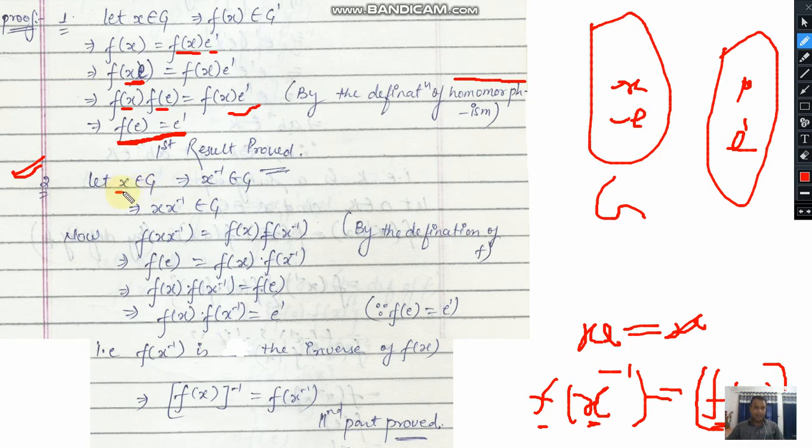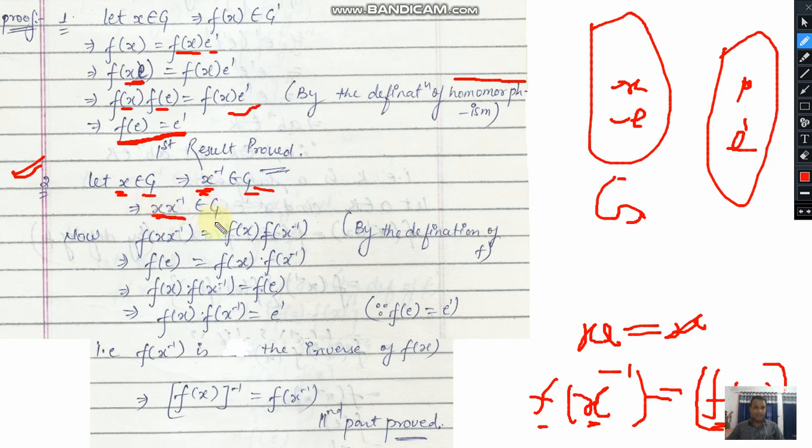Let x belong to G, and x inverse will belong to G, which will obviously be true. Let us suppose x is an element of group G. Because G is a group, every element of group G will have its inverse, so x inverse will also be available in G. This is the inverse axiom. Now x and x inverse are two different elements, so if we apply the closure property, their composition will also be available in G.